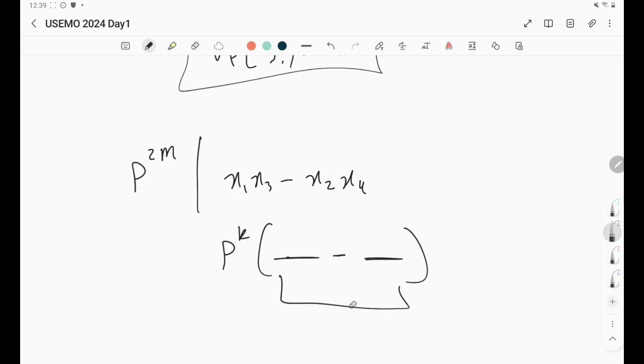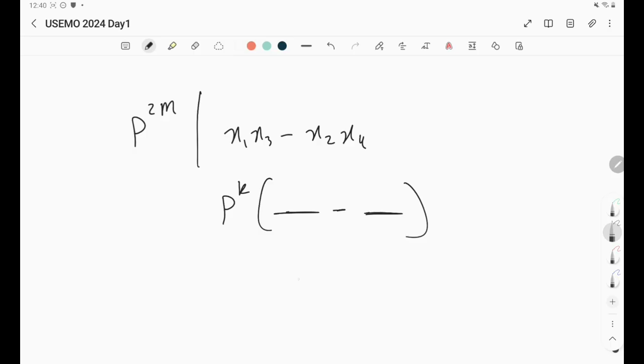Again we have two cases here. Either they don't have the same VP, so that means this thing is coprime with p, or they have the same VP. In the latter case, VP of x1, x3 is equal to VP of x2, x4. You can see that we're done here,